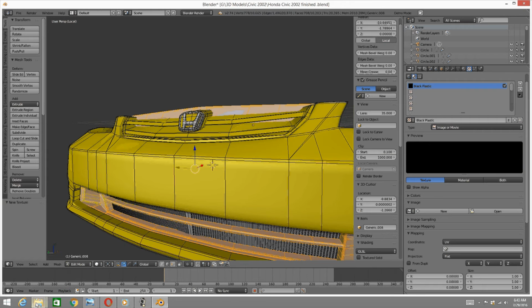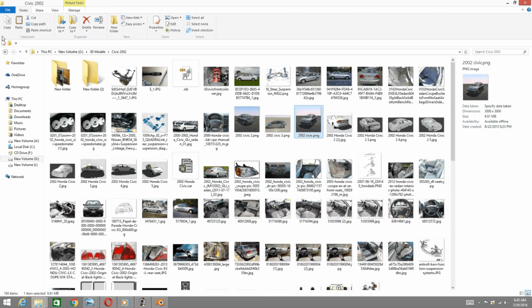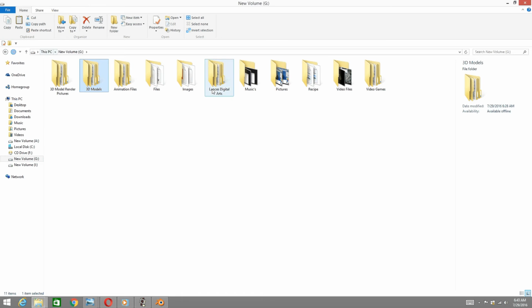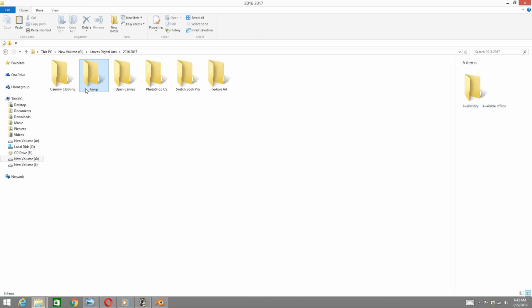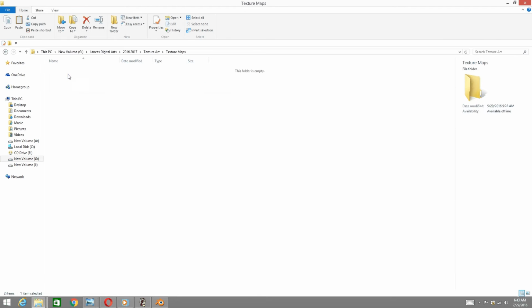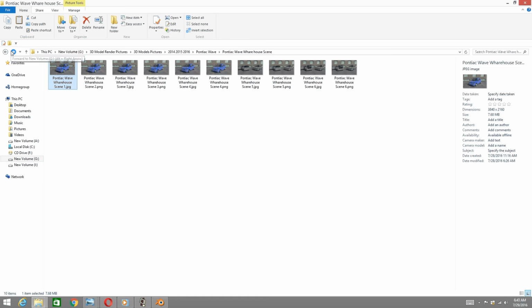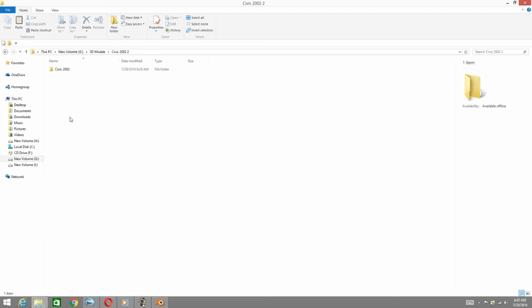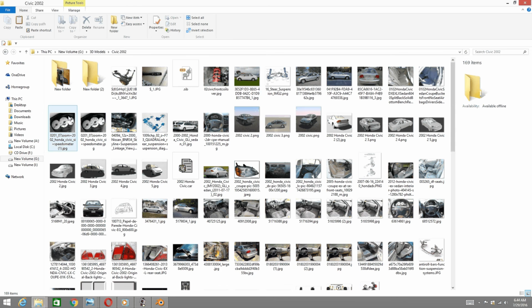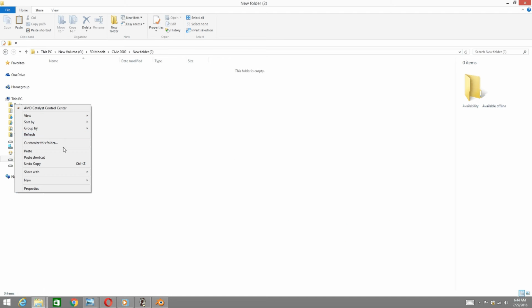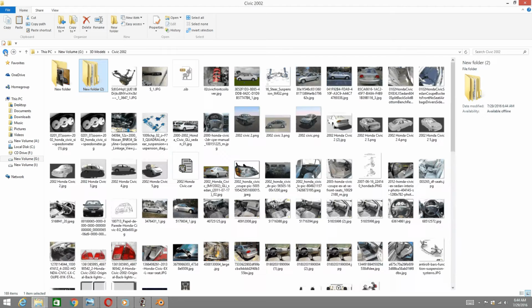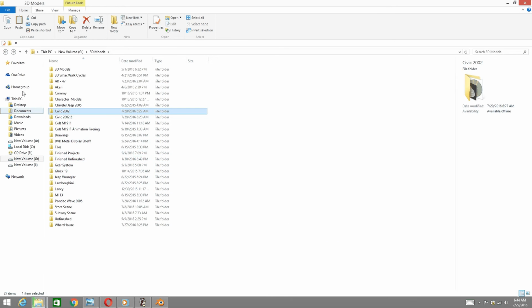So what I'm probably going to do is go into, first of all, my tabs, texture art. These are all the different textures. So I want to take this and use this for one of the textures, texture art, and just place that in there. And just also go into